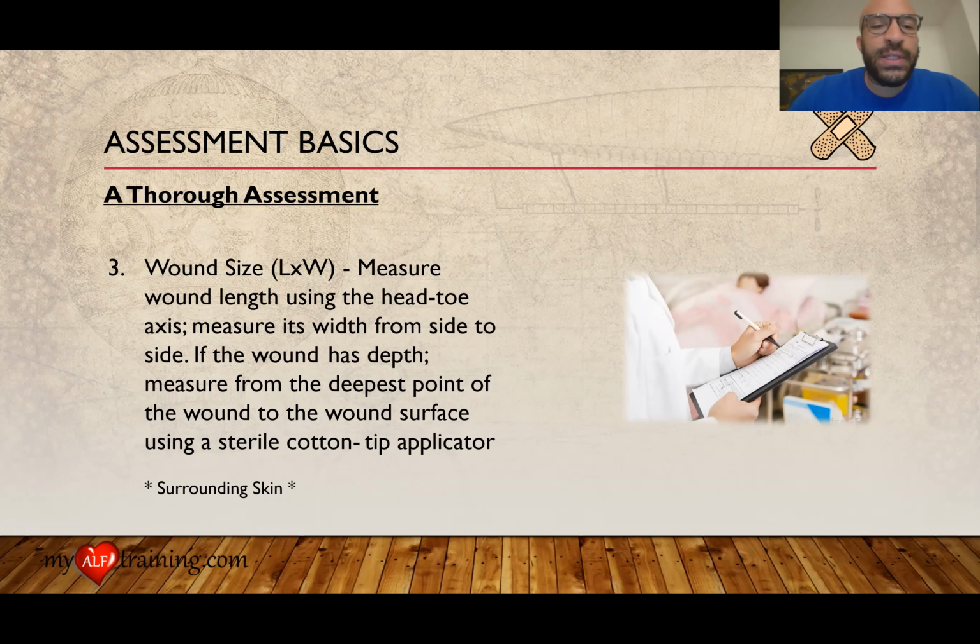So what I do is I insert the cotton tip applicator into the wound, and I'll maybe take a piece of tape at the top. So if this is my cotton tip applicator and this is the wound here, I'm going to put this in and put a piece of tape around this edge here. And then when I take the cotton tip applicator out, then I will measure